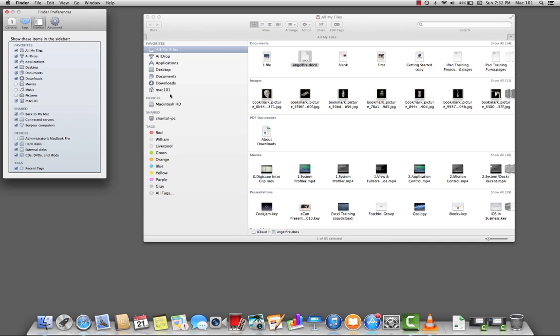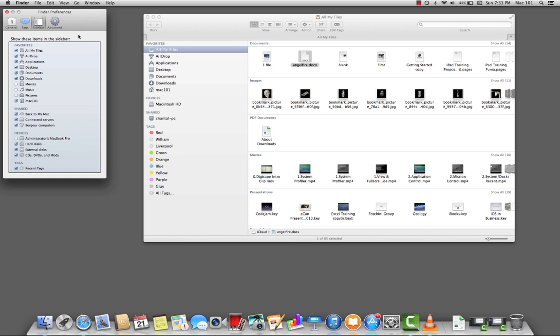under the favorites. And as we can see, our sidebar is broken down into 4 groups, which is my favorites, which displays under the favorites; shared, which is shared computers within a single network or multiple networks; as well as devices, which will then show me the devices, in my case showing the Macintosh HD, which we just ticked to show in our sidebar; as well as tags, which is all the tags, which we will look at a later